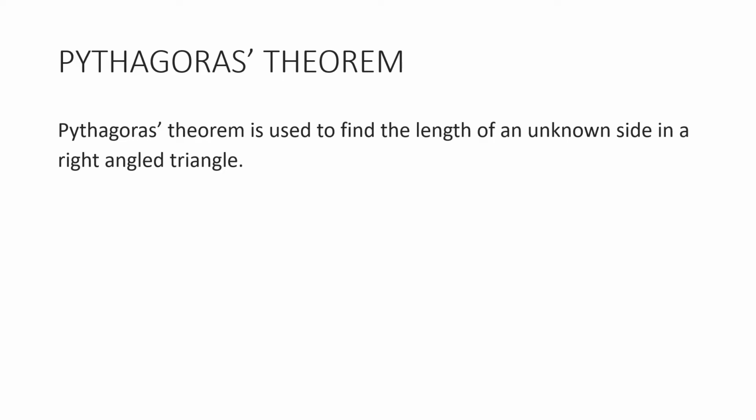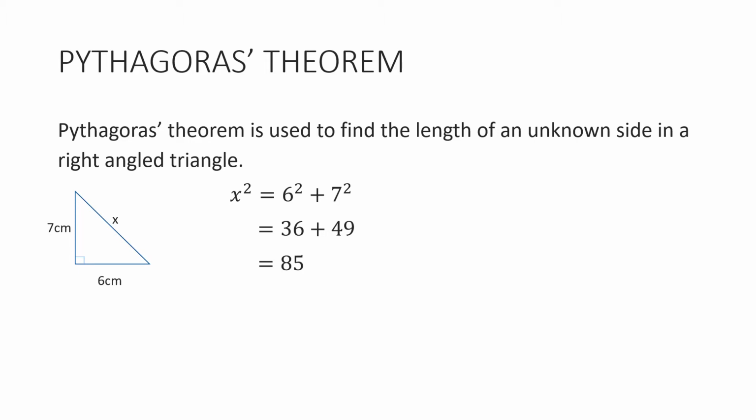right-angled triangle. And if we've got a triangle like this, we don't know the hypotenuse, then we're going to say x squared, or the square of the hypotenuse, is going to be equal to the sum of the squares of the two shorter sides. So x squared is equal to 6 squared plus 7 squared. And working this out, we're going to get 36 plus 49, which is 85. And so x is going to be equal to the square root of 85, which is approximately equal to 9.2